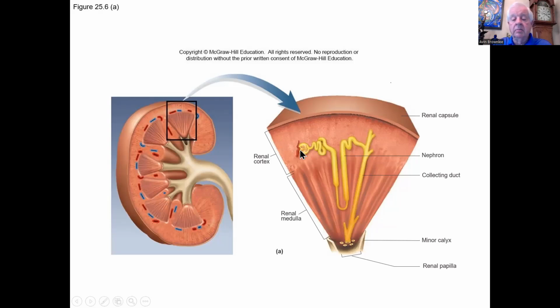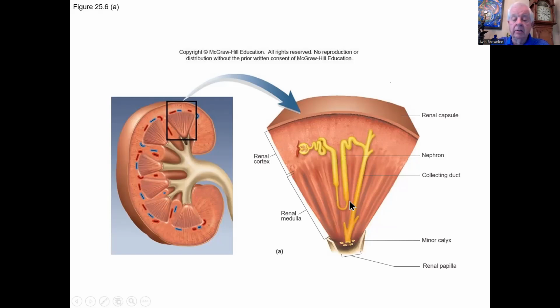So the blood comes into the glomerulus. It gets pushed out of the glomerulus into this capsule, a process called filtration. That's the first step in urine formation. Then the fluid that comes out of the blood and goes into this tubule is called urinary filtrate, or we'll just call it filtrate. After it gets filtered, it's going to pass through these tubes